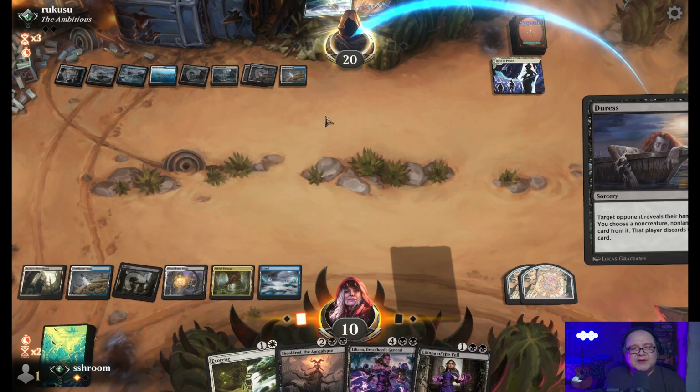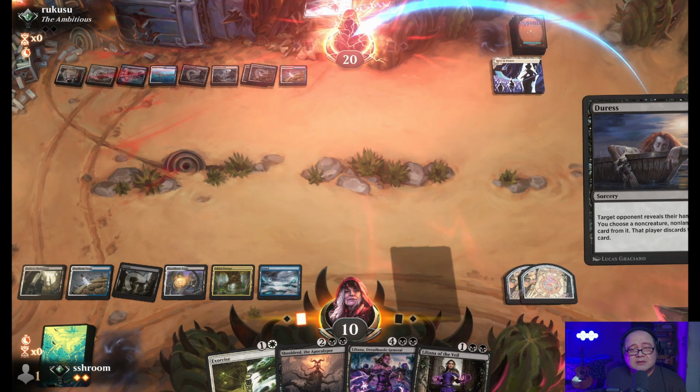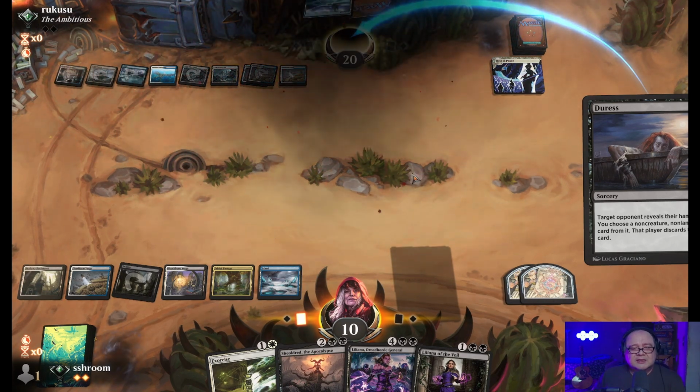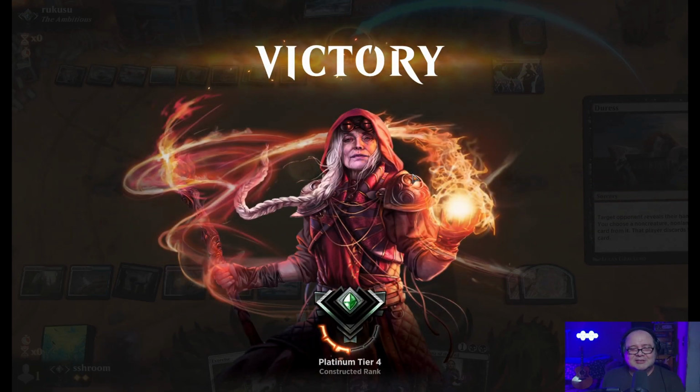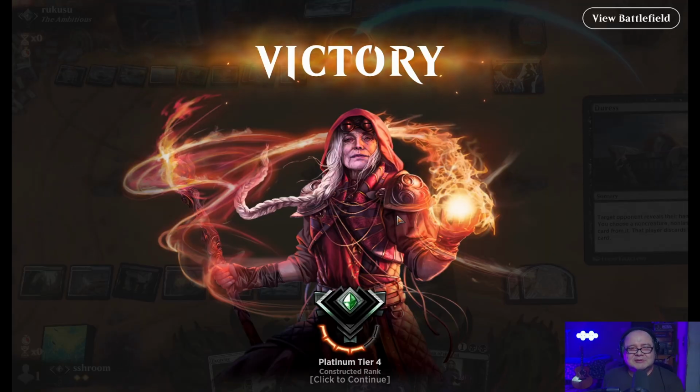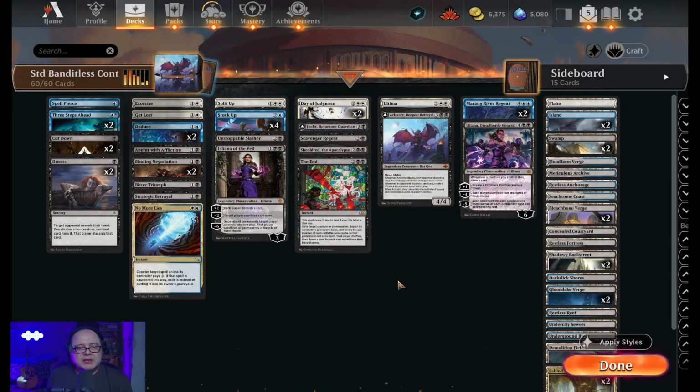Now they do have a Fountain Port and a Restless Anchorage, which we'll have to deal with. Opponent scoops. Okay. They're on like 2 win cons plus counterspells planned, and we are playing The End, so I guess that means we win. All right, so our final record with this version of Banditless Esper Control post-ban was a 2-3,